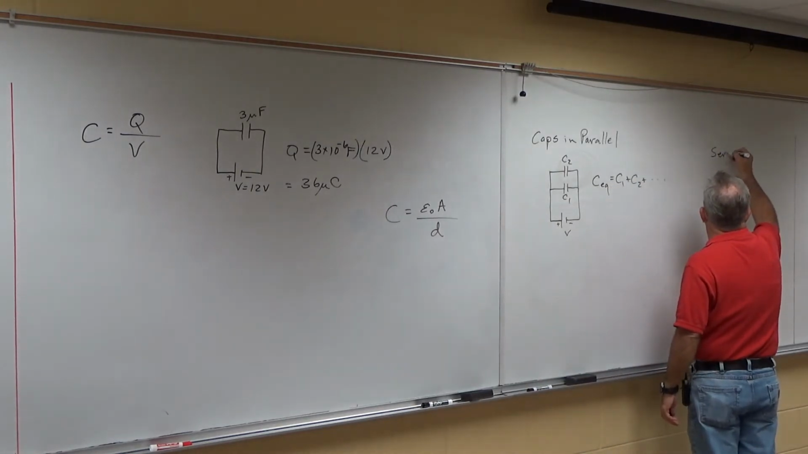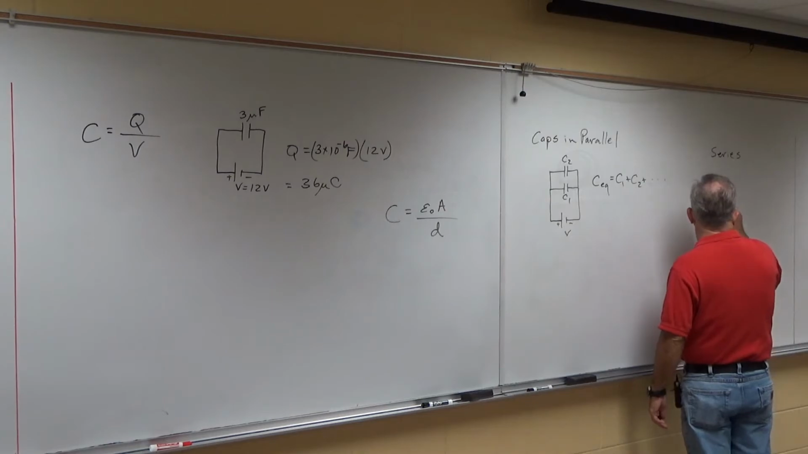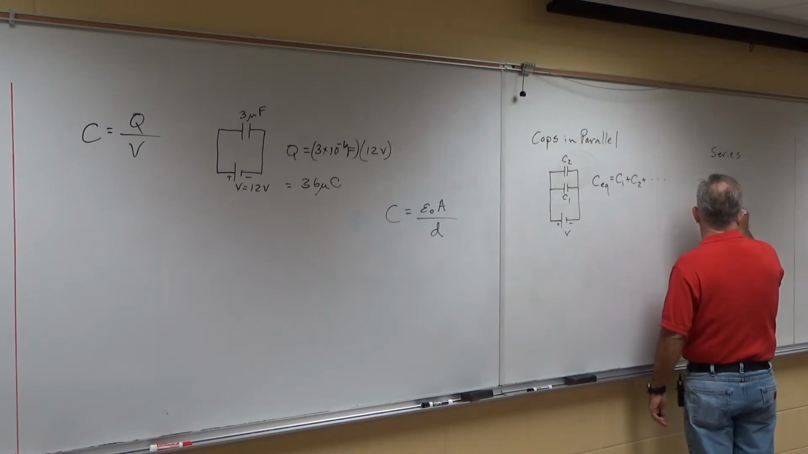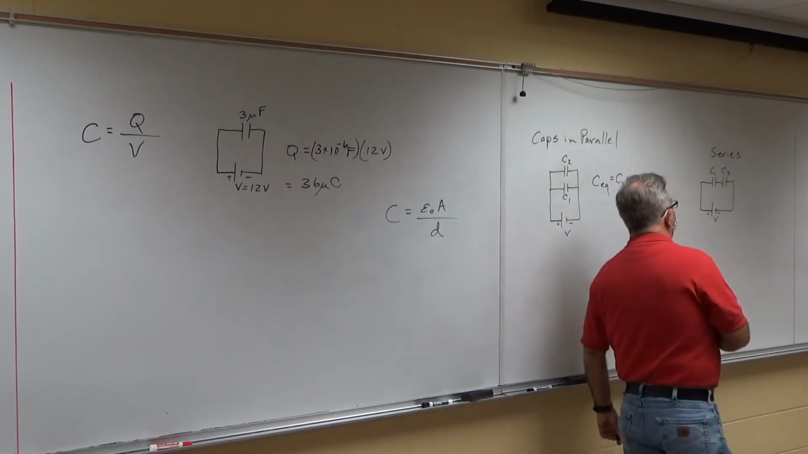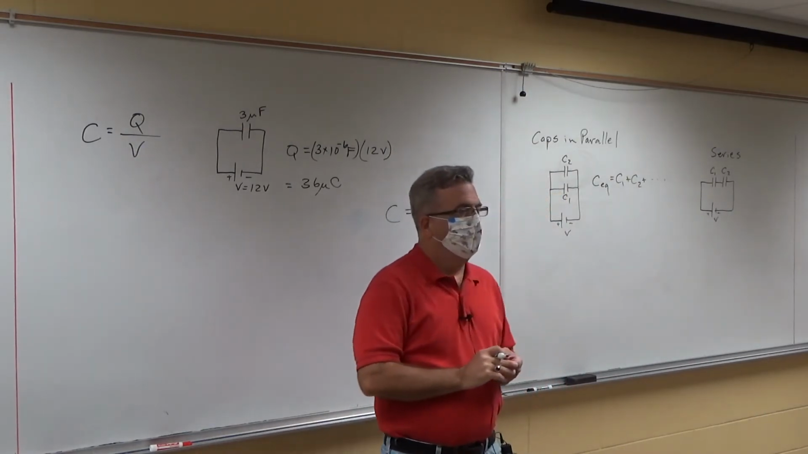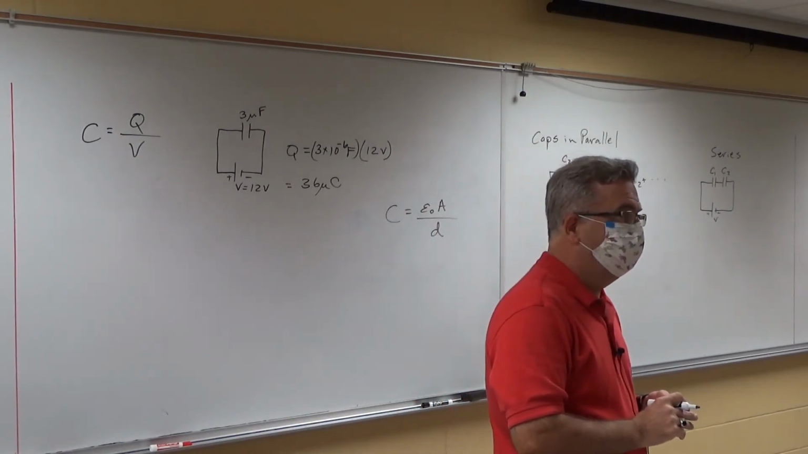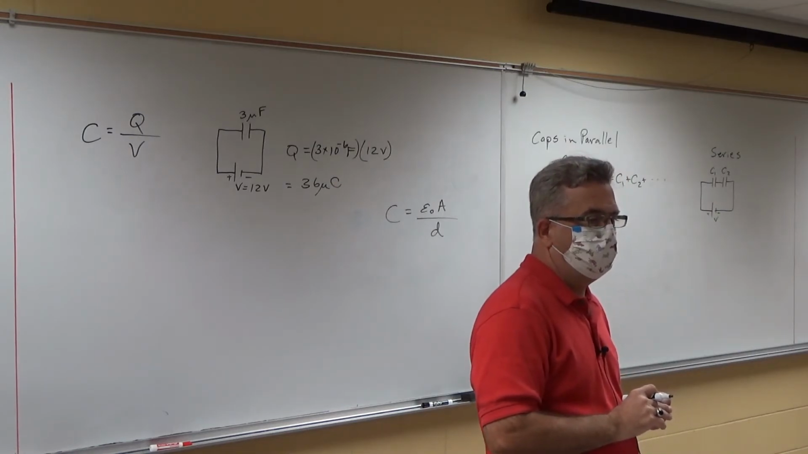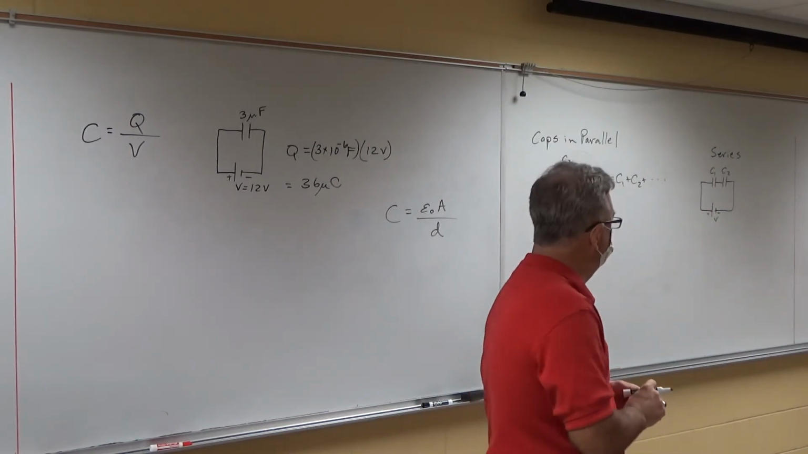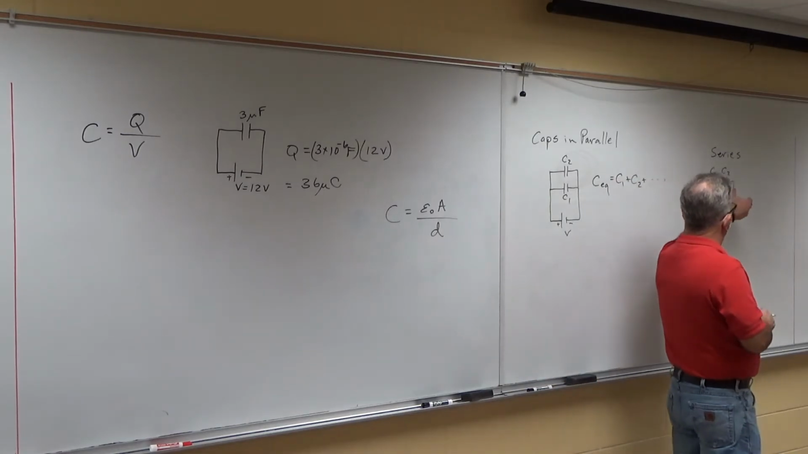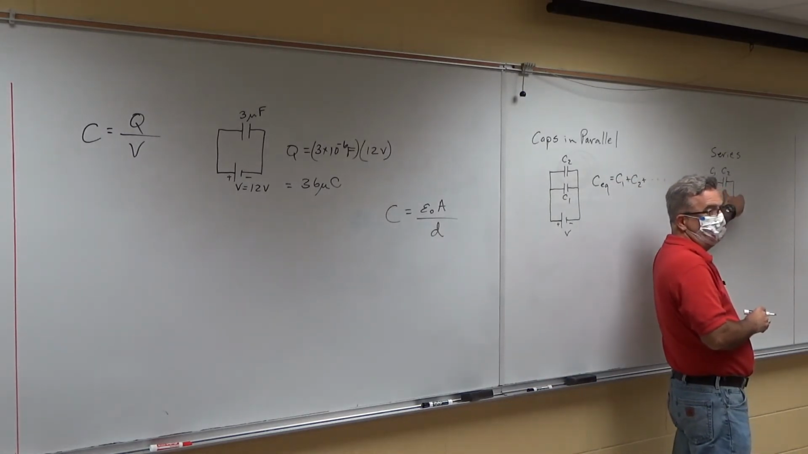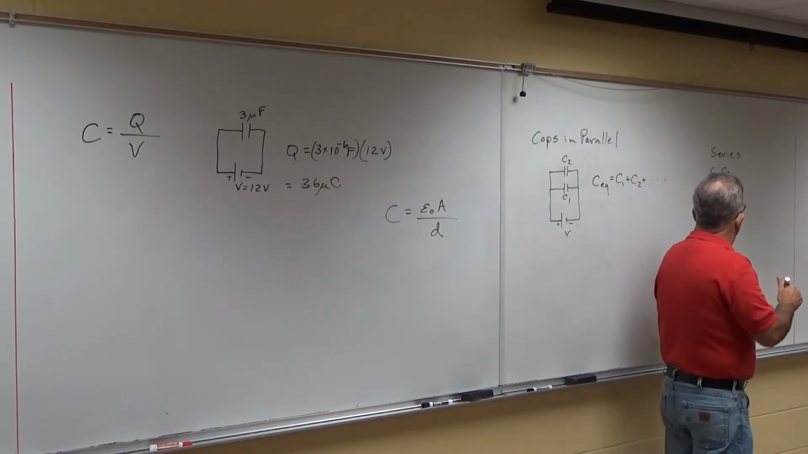Series. The connection is just like resistors. You have one common connection between the two. Caps in series have equal charge. Whatever the charge is on C1, if they're in series, you're guaranteed that's the same amount of charge as there is on C2. One way to think about this is,